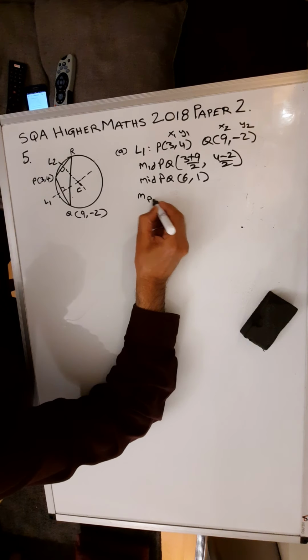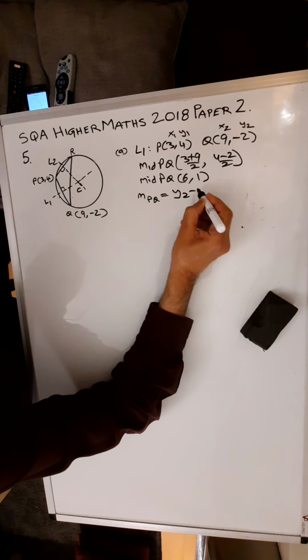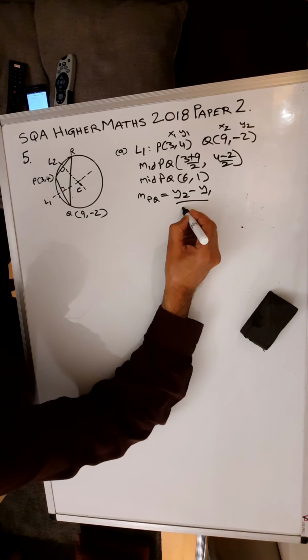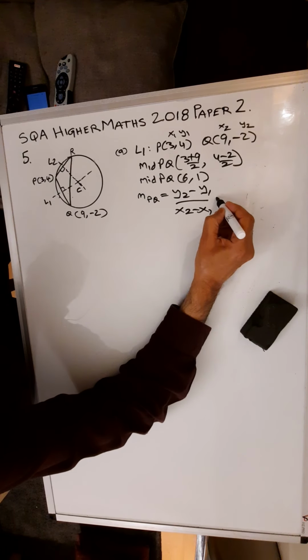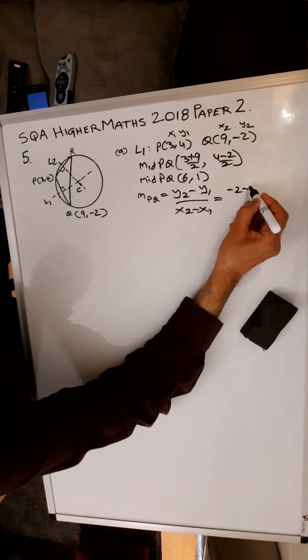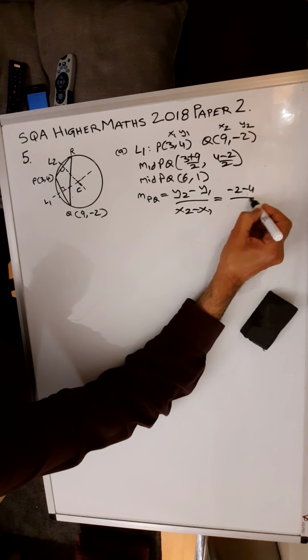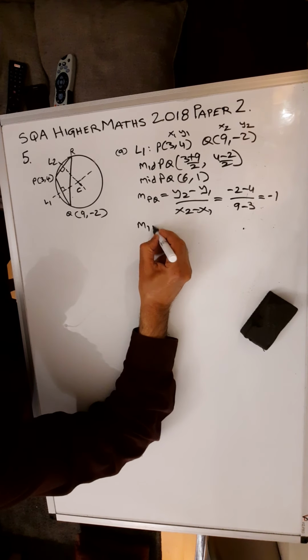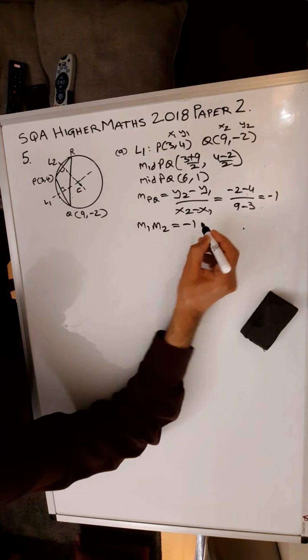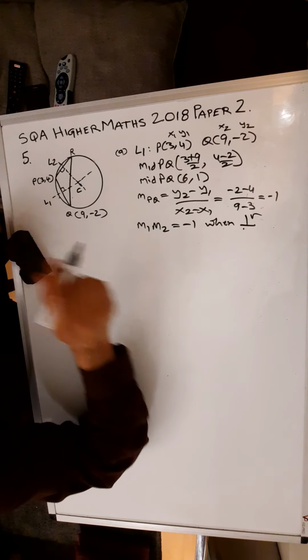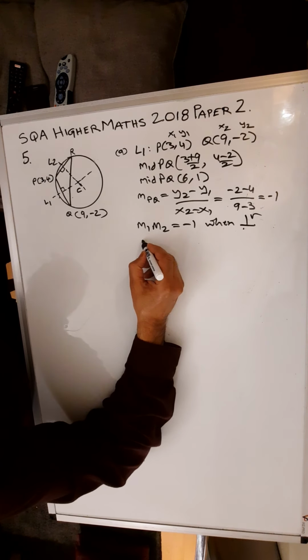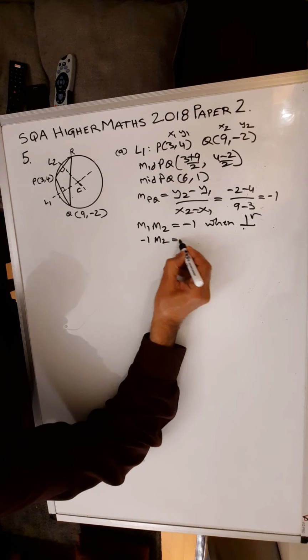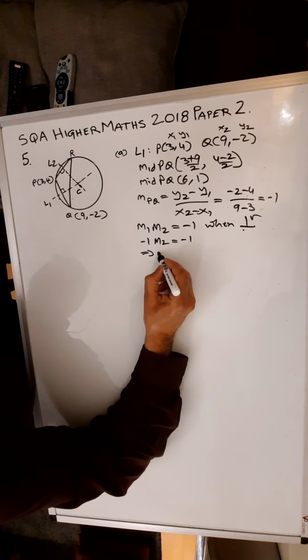So the gradient of PQ would be y2 minus y1 over x2 minus x1, which would be -2 minus 4 divided by 9 minus 3, which is -6 over 6, which gives you -1. m1 times m2 is equal to -1 when you have two perpendicular lines. That means that -1 times m2 is -1, which means that the gradient of